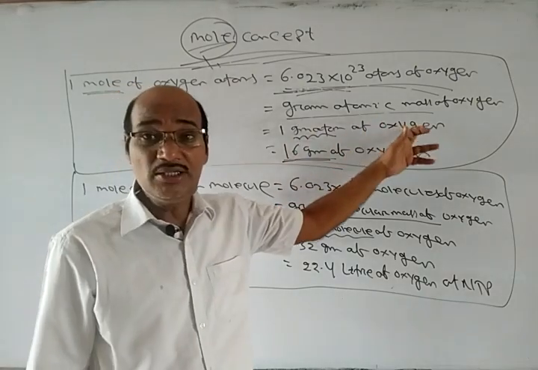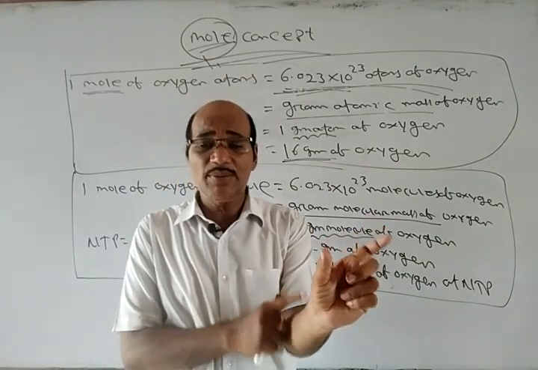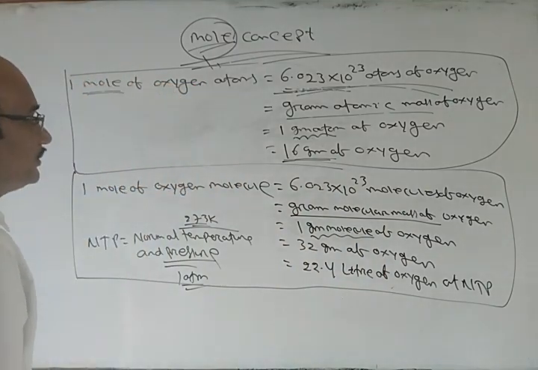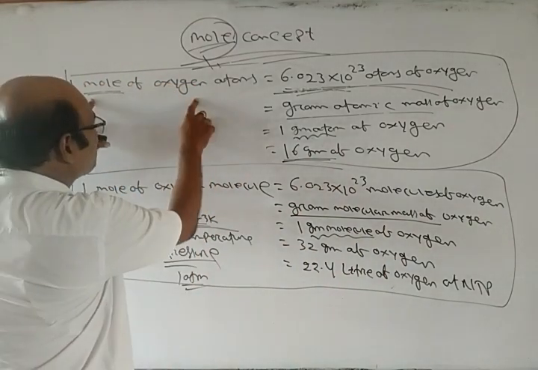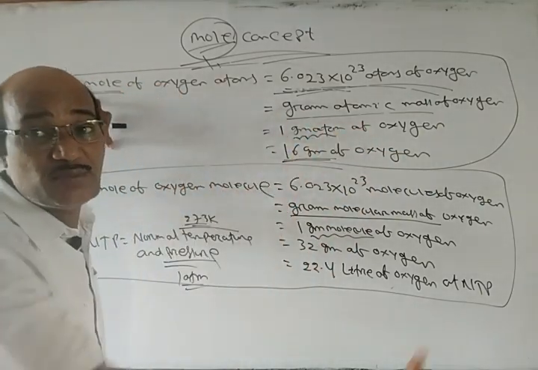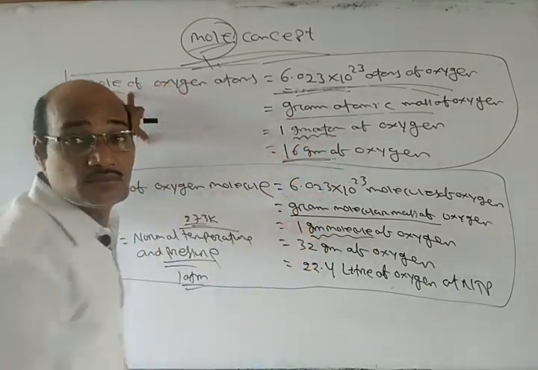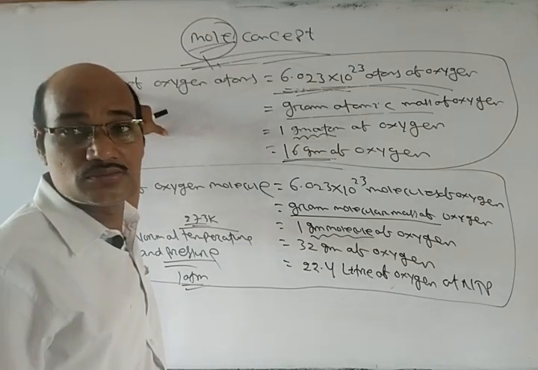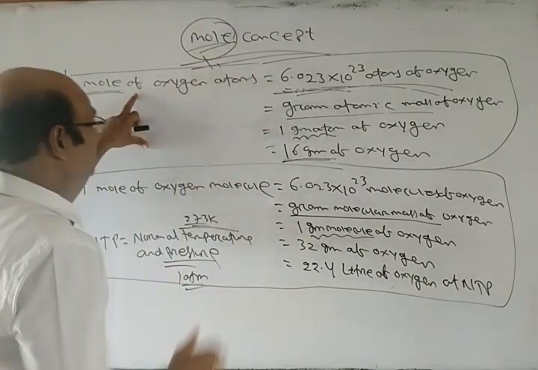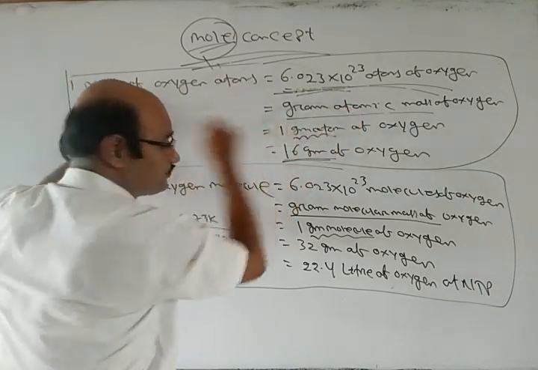Because it is already known to us what the gram atomic mass is, and gram atomic mass is equal to 1 mole, therefore x gram is equal to, you can calculate how many moles there will be. Similarly, 1 mole of oxygen is 1 gram atom, so x mole equals x gram atom. Similarly, 1 gram atom equals 1 mole, therefore x gram atom equals x mole. Okay, so now this is one lesson: mole with number of atoms, mole with the mass, mole with the gram atom.